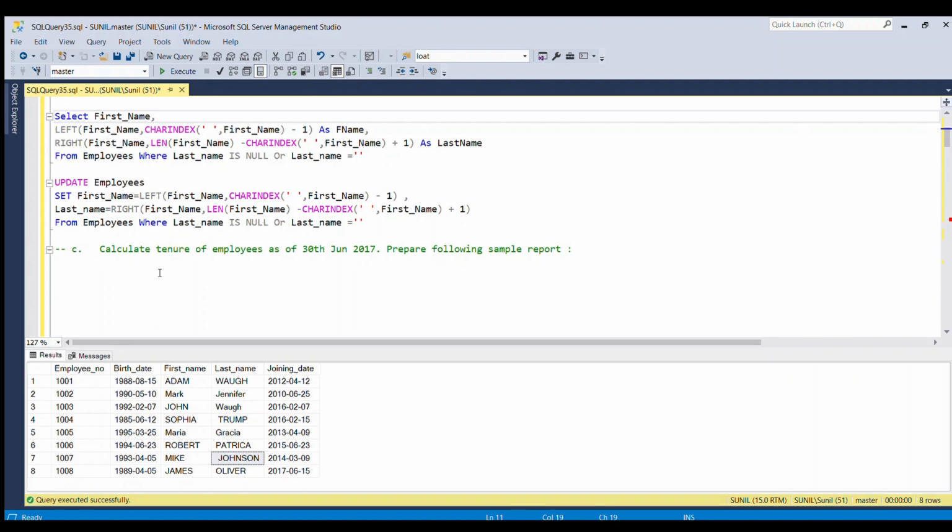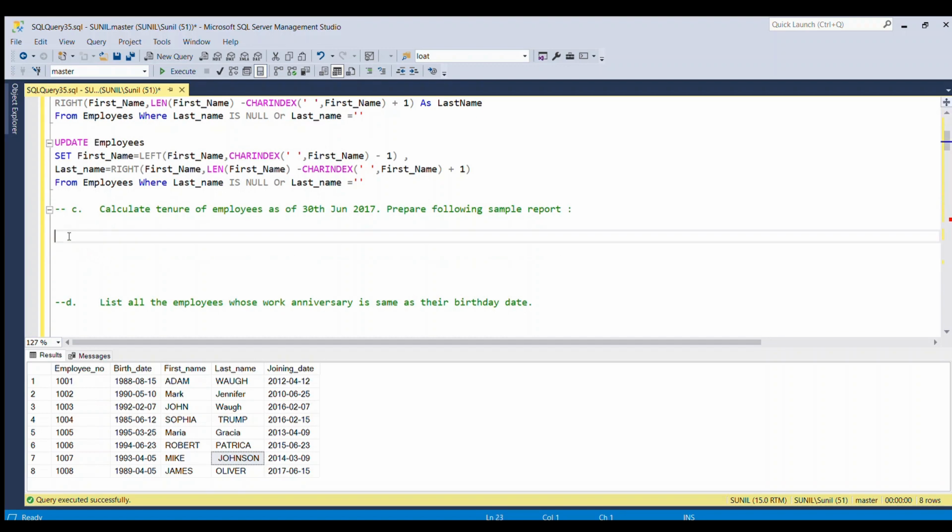Calculate the tenure of employee as of 30th June 2017, and we will have to prepare the sample report as well. So we can solve this problem by using CTE. So we can use CTE over here. So we'll start with the WITH clause. Let's give a CTE table name as CT_tenure